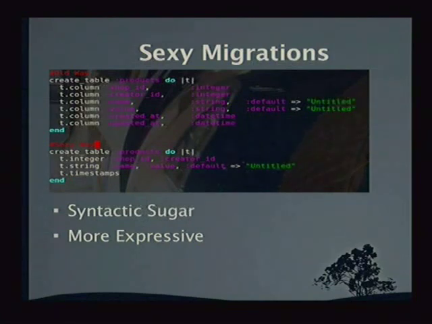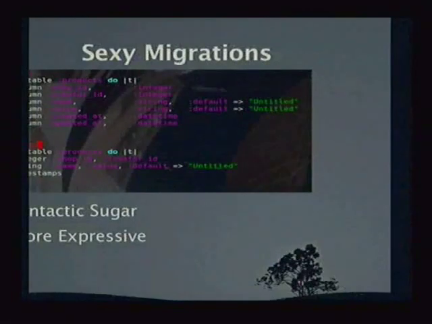Okay, so jumping right into it. This is what you get right now if you were to get your application on Edge. One of the big things people were excited about started its life as a plugin called Sexy Migrations. Lots of people probably have installed it, but it just makes doing your migrations a whole lot easier. Rob and I were talking today about what we would do without migrations, and the answer is we'd be saying, no, we can't do that, a lot more often. They're just an amazing tool, which everyone I'm sure is familiar with. But Sexy Migrations are going to make it a lot easier. So if you look,